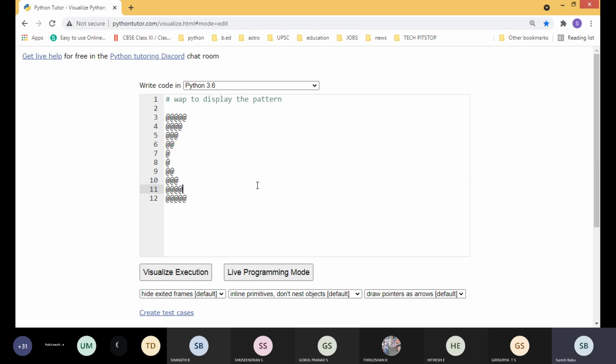Students, anyone ready? Pattern means which type we have to use? Sir, nested for loop. Very good. So tell me, anyone, how to solve this one? Who is ready?